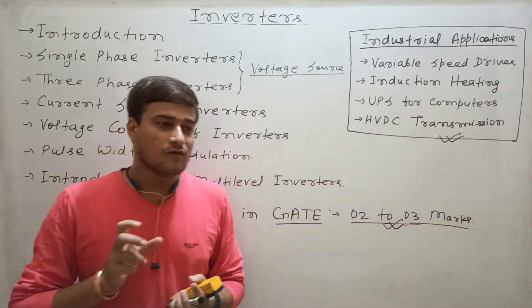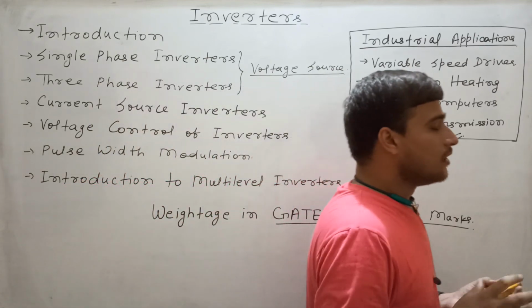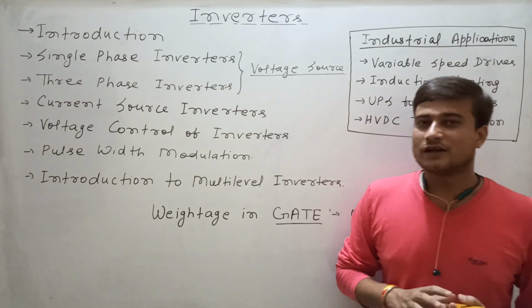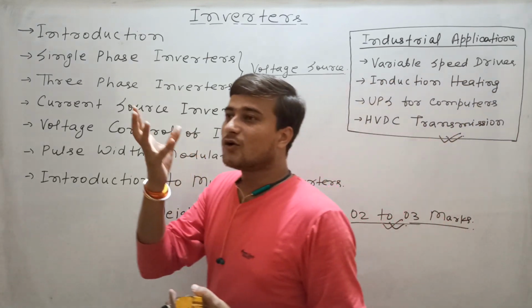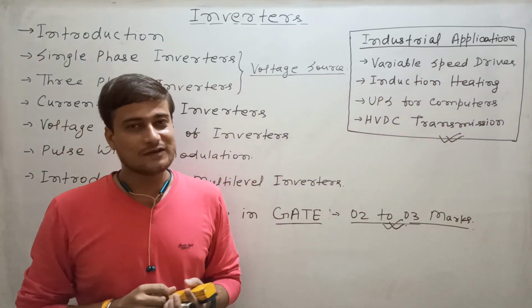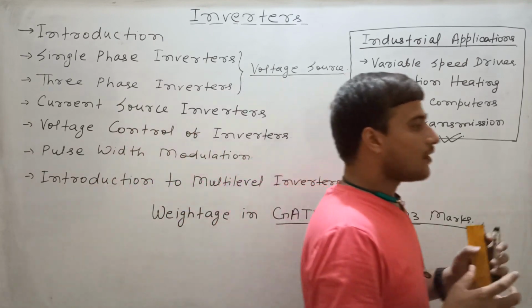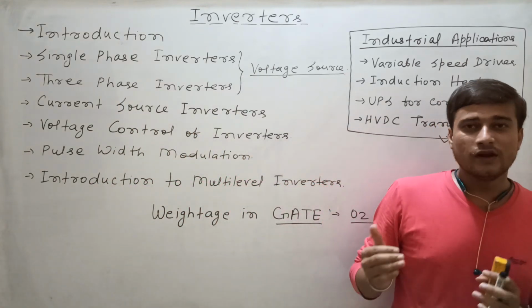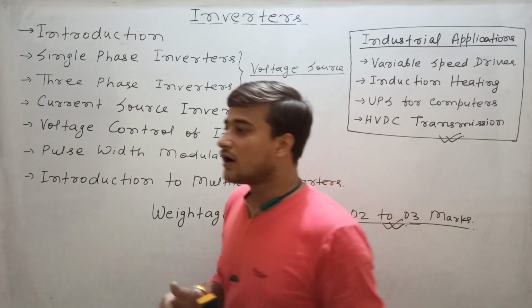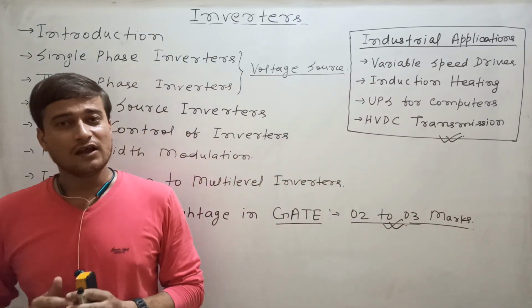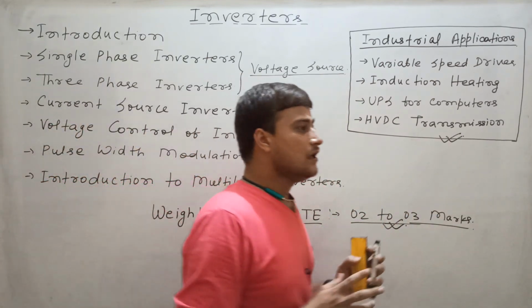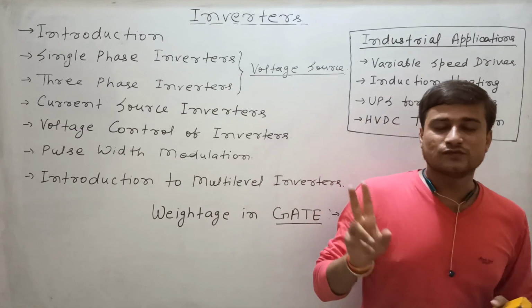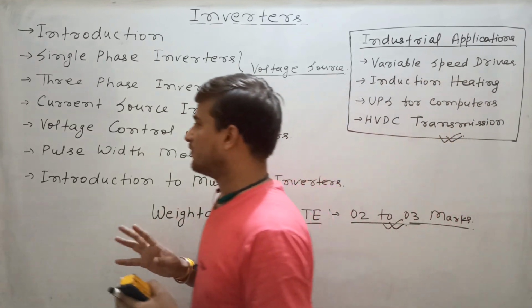Now what kind of supply does it store? The battery stores DC voltage, but you have a load that will be operated by AC voltage. So to convert DC into AC, you need an inverter. That's why you purchase two things: one is the battery, another one is the inverter.